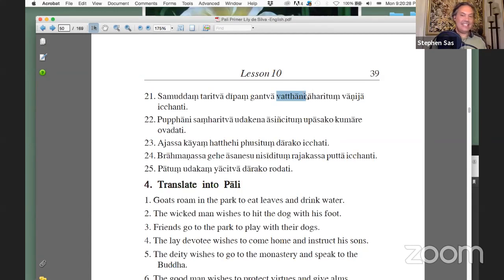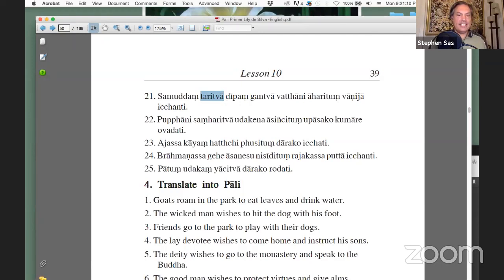Actually what I had, crossing the sea and having gone, and yes, merchants desire to bring cloth to the island. It's just that the key, and I've mentioned this before, has it completely in another way. In the key, it says, merchants wish to cross the sea and go to the island to bring clothes. I wouldn't take it that way, because that puts taritva in the infinitive and not the absolutive to cross. And so I would not use that translation. No, I would take it the way you and I have said it. Okay. Well, was there one more question?